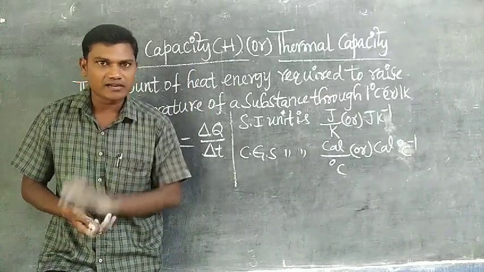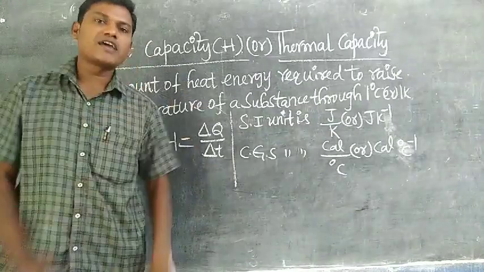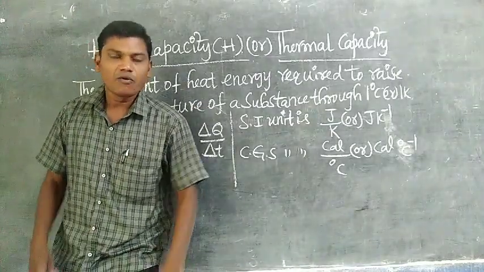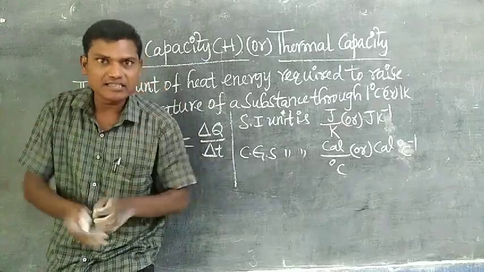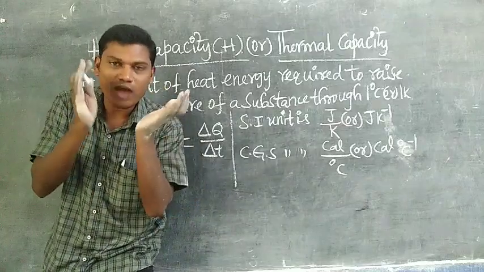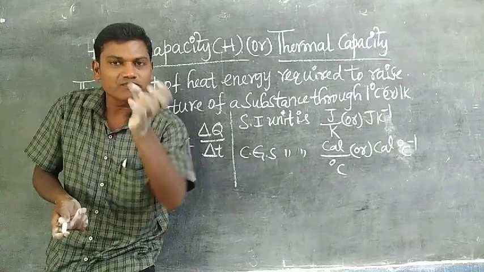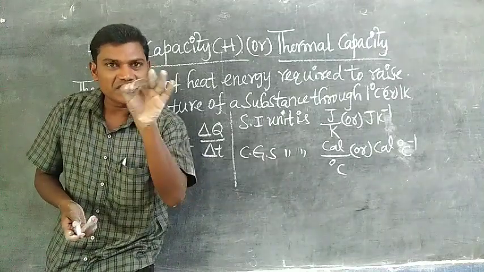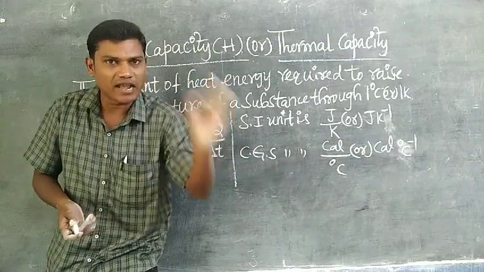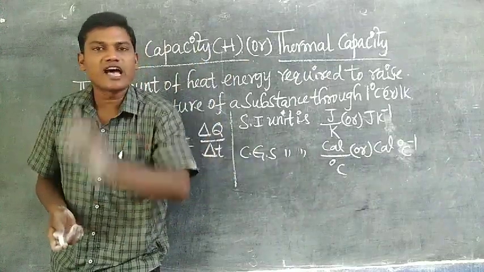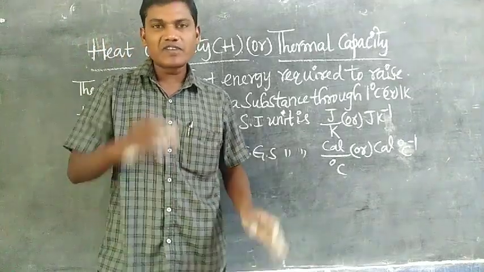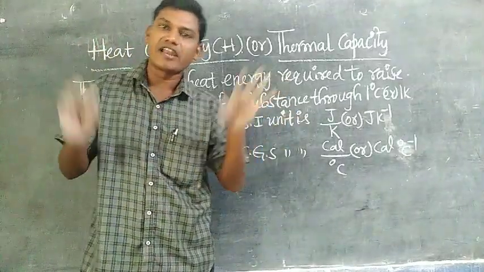In the case of iron, 1 kilogram of iron has a specific heat of 0.11 in CGS units. Whether you take 5 kg, 10 kg or 100 kg, whatever the mass, the nature of the substance does not change. That's why specific heat also does not change, because it only depends upon the nature but not the mass. If it depended upon the mass, it would be invalid.